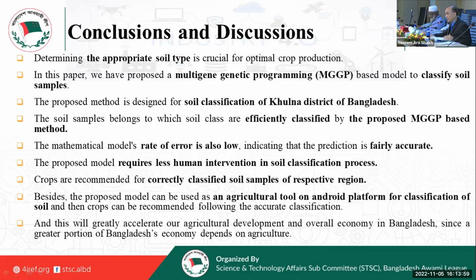And for your model, I am not sure whether you have team members who are agronomists as well as other agriculturists. Then you can easily validate whether the recommendation matches what we are practically doing, because in Bangladesh